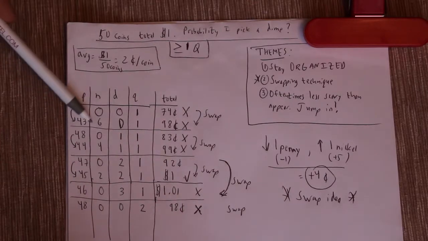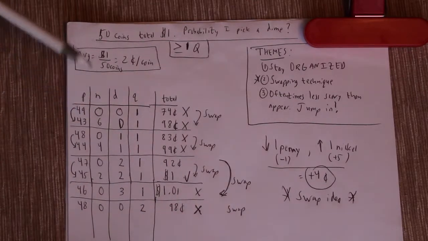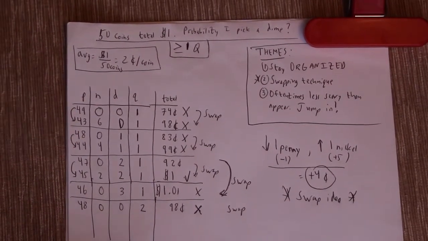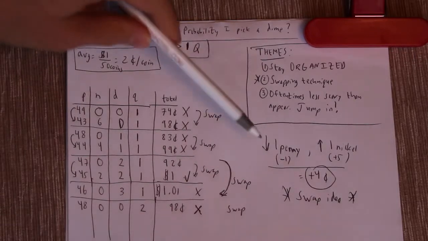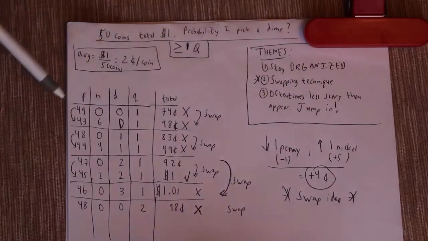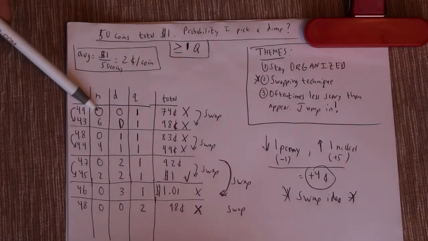You might guess and check. So I don't like that approach. I want to show you guys how you can get the right numbers over here very quickly, and that's using the swap technique. So here's how it works. If we have 1 penny and 1 nickel, notice over here we already have 49 pennies, so that means we cannot introduce a nickel because then we'd have 51 coins. So if I want to have at least 1 nickel, that means I have to get rid of 1 penny. So there would be 48 pennies and 1 nickel.